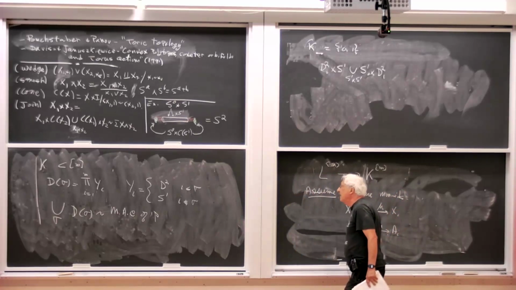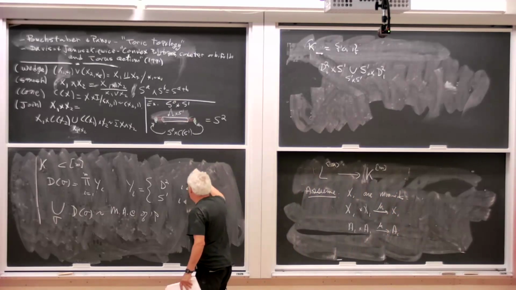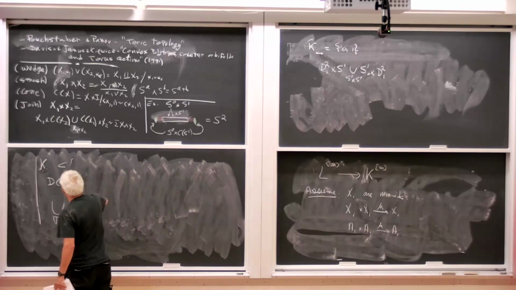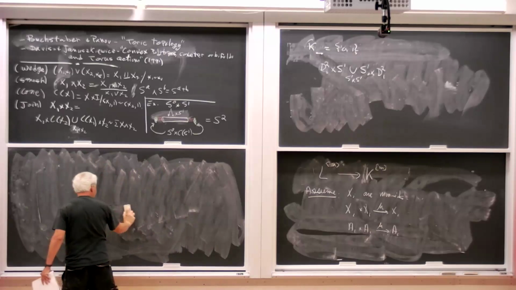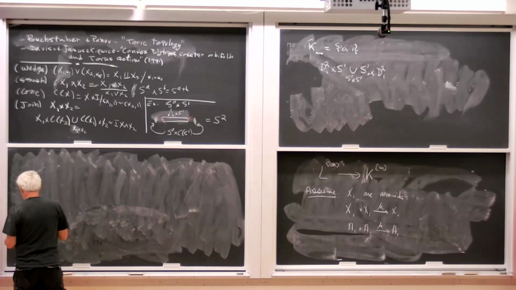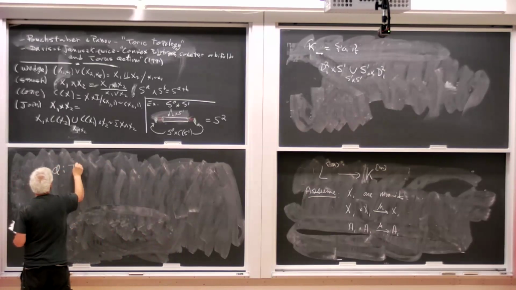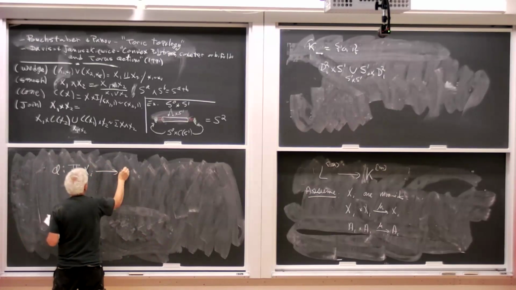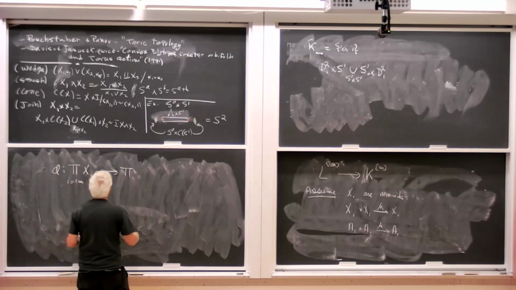That's the assumption, and given that, we'll tell you how things map over. So I'm going to find a map from the product of all the xi's to the product of all the